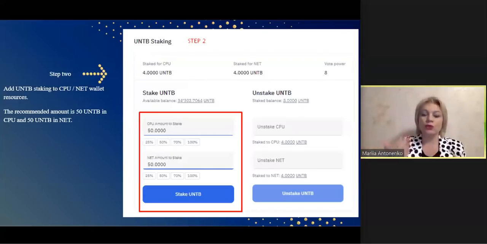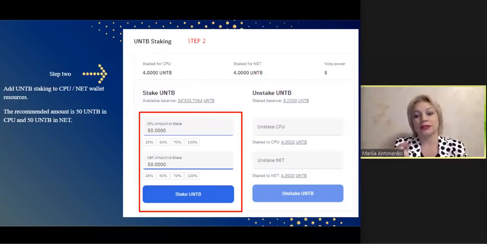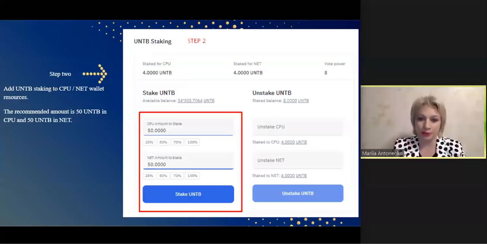When there are a lot of transactions, you need to expand the processing capacity of the wallet. And I recommend to stake 50 for CPU and 50 for NET. If you have a lot of transactions, don't be greedy. UNTB staking for CPU and NET is of a temporary nature. You may stake even 10,000 UNTB when there is no need to convert